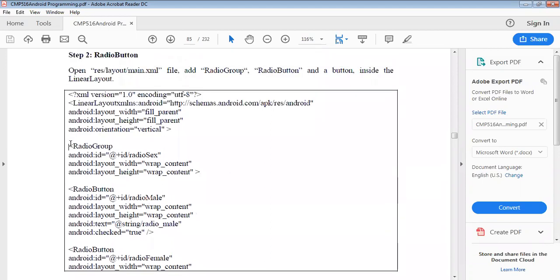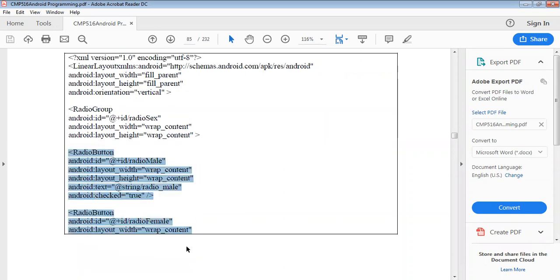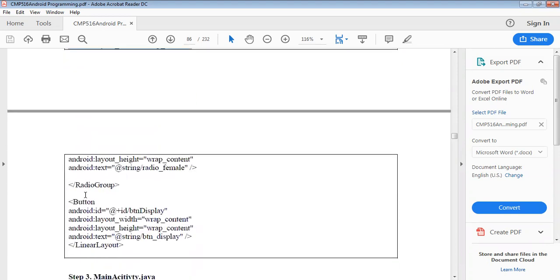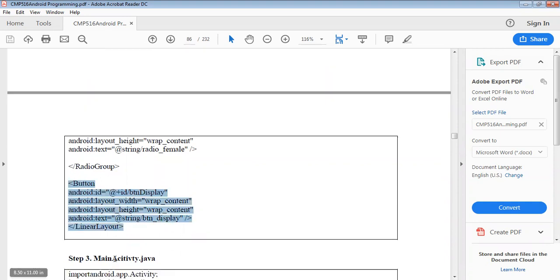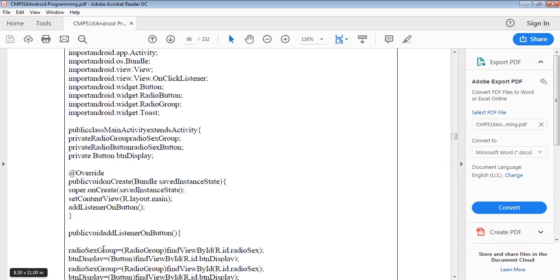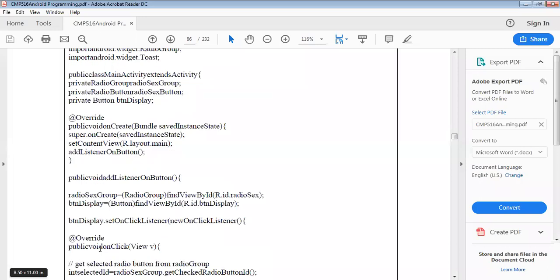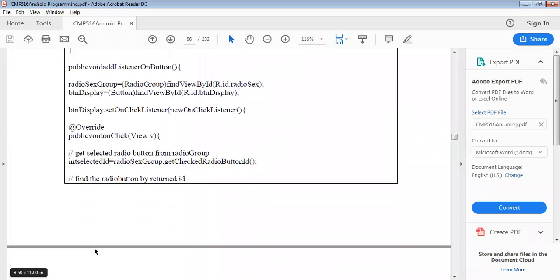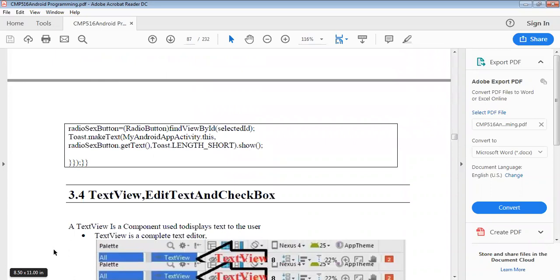Here we add the radio group. After that, some radio buttons are presented here. Then we close the radio group and a button is added here. That button will be displayed. Next, that code is reflected in the Java file, so in the Java file we can write all the code.